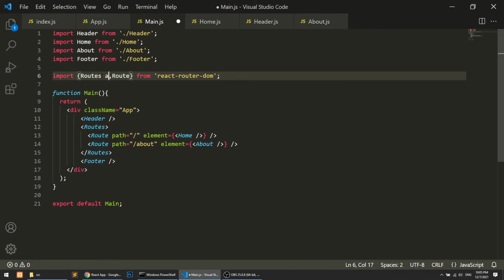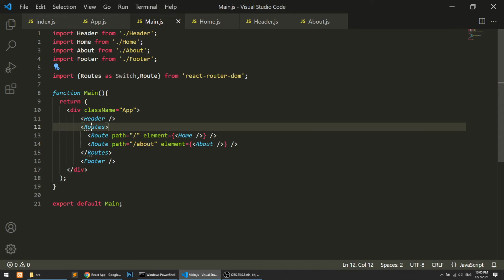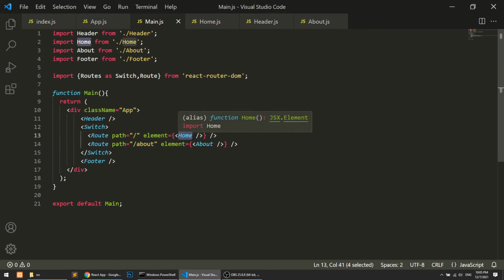You can simply say it works as a switch. So this will switch the routes. When we go to the path, then it will load the component, and at one time it will load only that specific component.